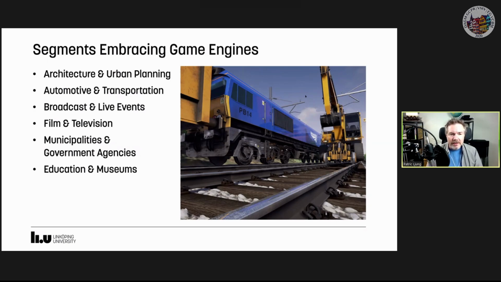Even for broadcast and live event, film and television. You may have heard of virtual production and mixed reality setups. But even municipalities and government agencies are embracing game engines to communicate their plans and so forth. It's also being used in education and for museums and science centers,